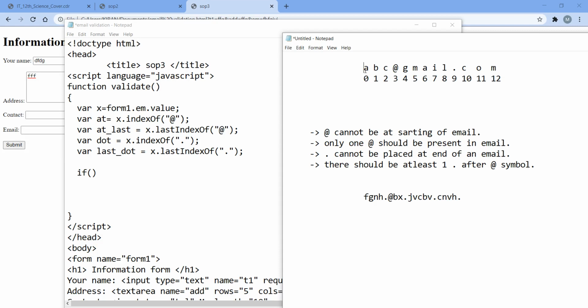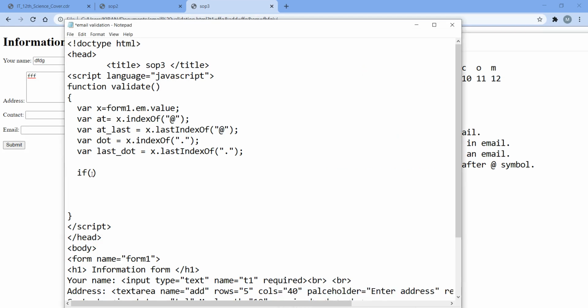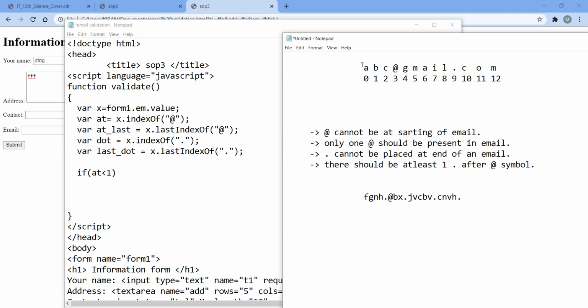So the condition is simple: we just consider the first occurrence of the @ symbol, which we have stored in at. So I will write here: if at less than 1. What does this mean? Suppose in this place I have written the @ symbol. Then the @ is present at the start of the string, which means the position of the @ symbol is 0.